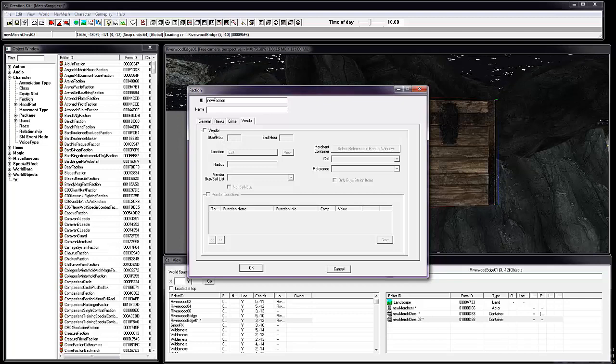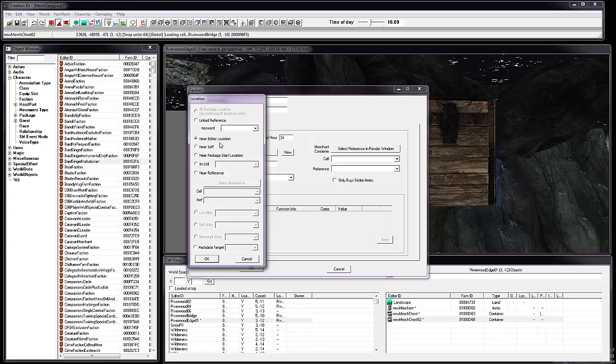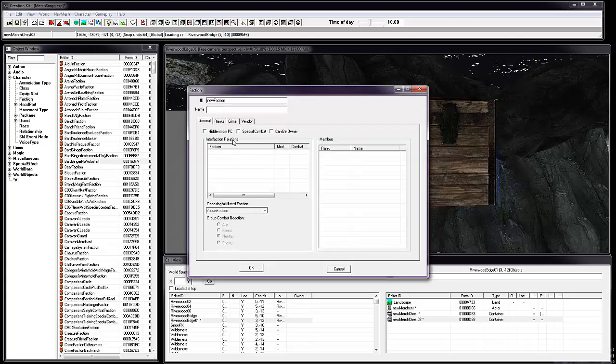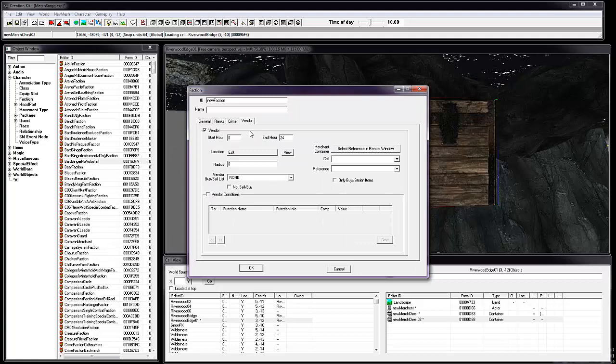Alright, so in the vendor window, make sure you have vendor checked off. The start and end hours, 0 to 24 means all the time. Go into here, and I usually use near self, so that he will always sell when he is near himself. In the general tab, make sure that you have can be owner checked off. And going back to the vendor tab here,